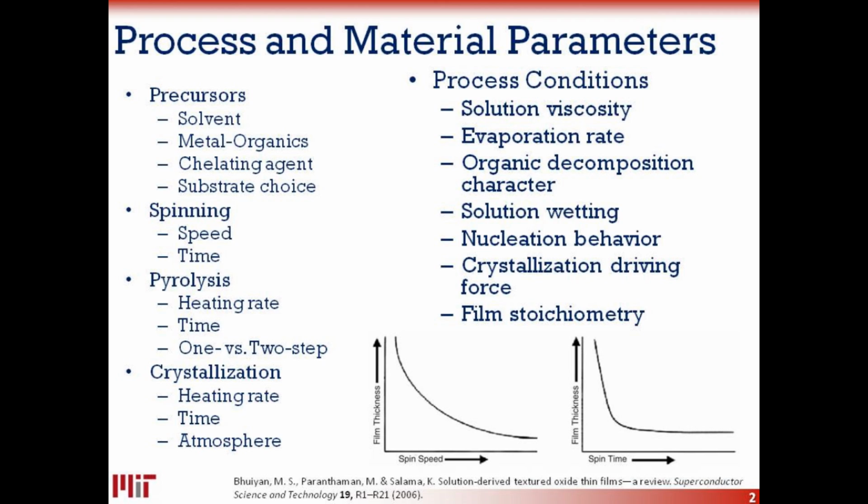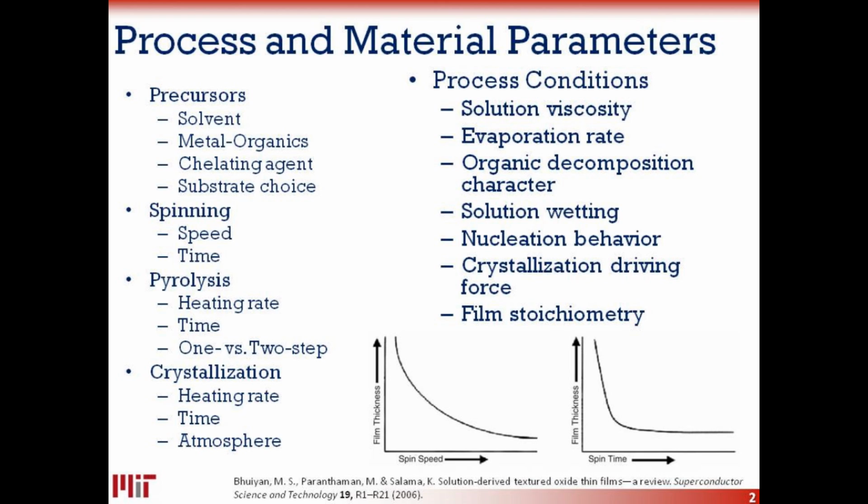determine the gel that forms, this metal organic gel that forms once you've dried in the initial step, because the formation of this gel can actually have significant effects on the final density of the film, the morphology of the film, and the nucleation behavior of the film, as has been shown numerous times in the formation of PZT. Also, the substrate choice will matter. You want a smooth substrate, whether it's lattice matched or whether it's non-lattice matched, will also make a difference in